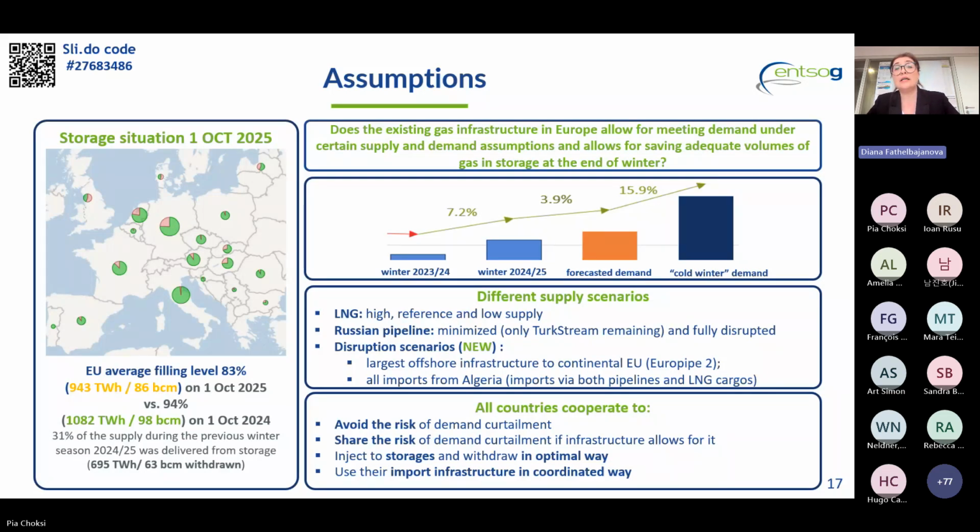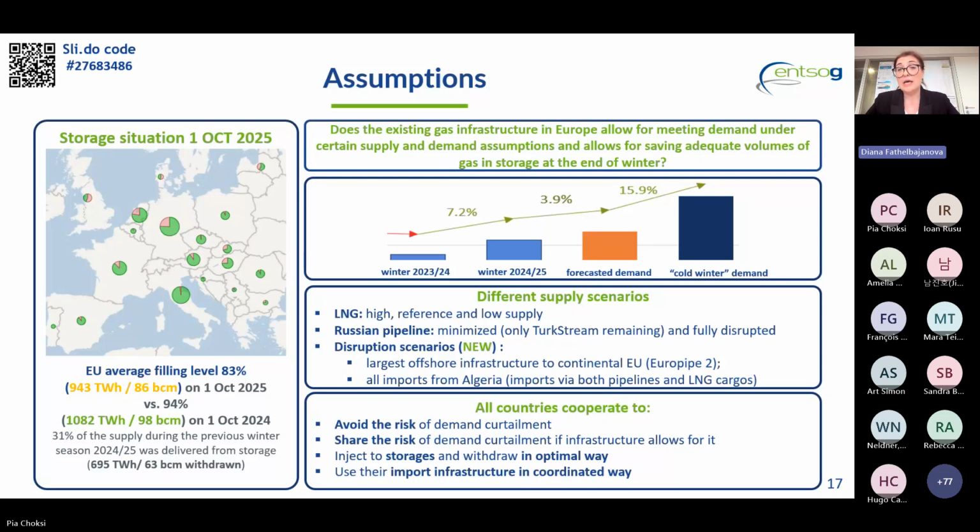And to answer this question, we started our winter outlook analysis from the actual storage level on 1st October. At that point, storage was 83% full, which is already quite close to the lower end of what we have seen historically in Europe. And if we look back just 1 year, storage was in a much better position, around